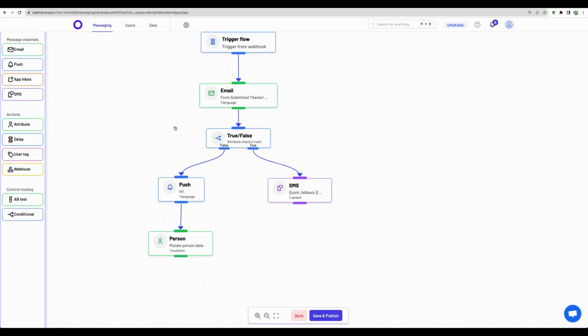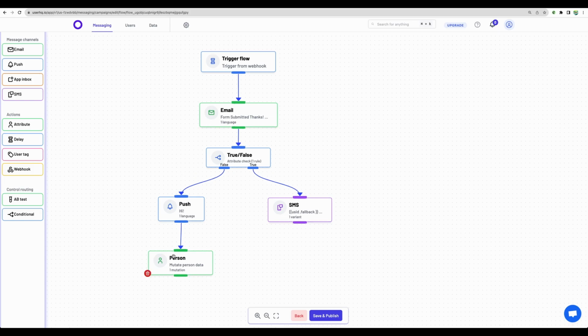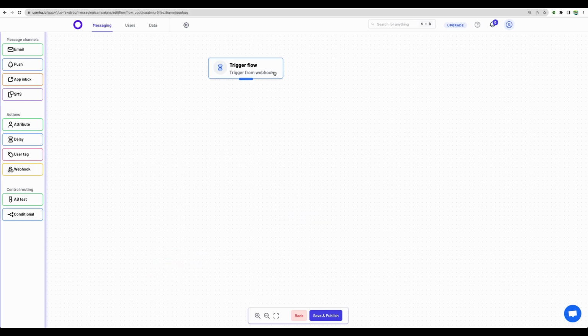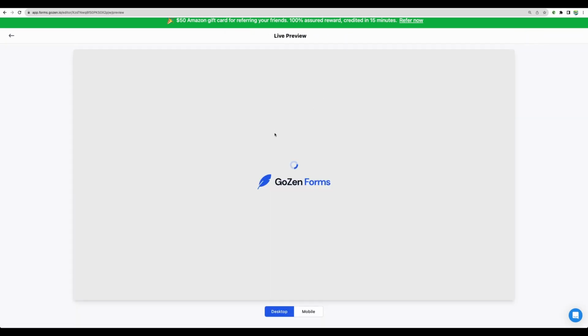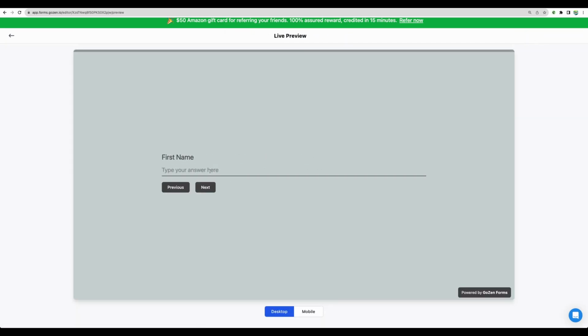Let me delete all the parts to show you how the flow will be built. All right, and before we even build the flow, let's discuss how we will be collecting the data. One of the possible ways could be creating a web form with one of the tools like Typeform or Gozen Forms. You can have a form where you collect data,